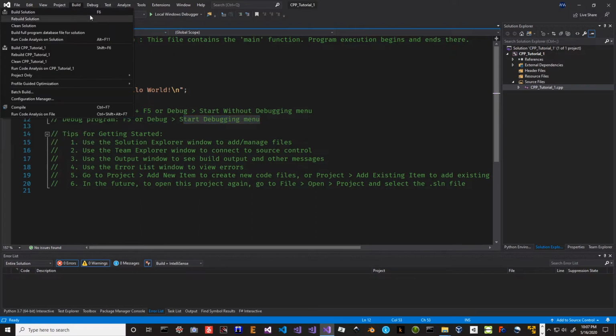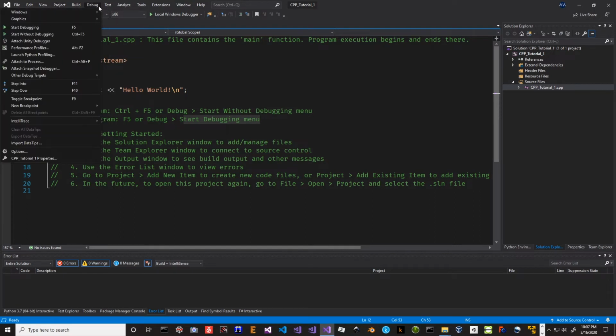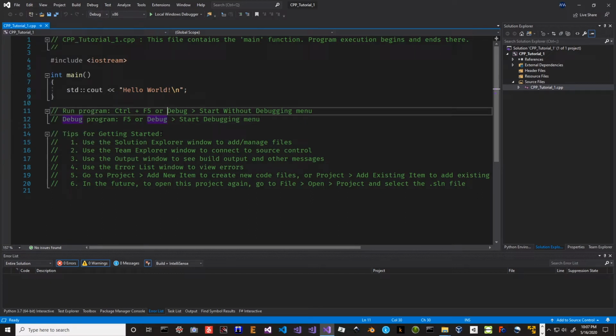Here's the Debug menu, and you'll see you've got these two starts, Start Debugging or Start Without Debugging. That's what that's talking about. Or we can press F5 to debug. So I'll do that. I'll press F5,